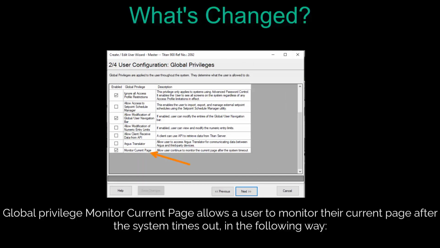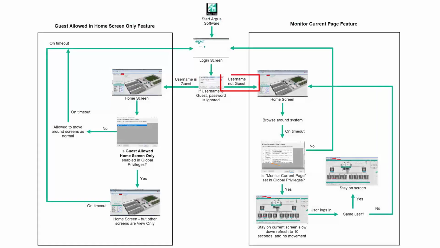Monitor current page. The global privilege monitor current page allows a user to monitor their current page after the system times out in the following way. If a username is anything other than guest and monitor current page is not enabled, then you're taken to the login screen on timeout. If your username is anything other than guest and monitor current page is enabled and the